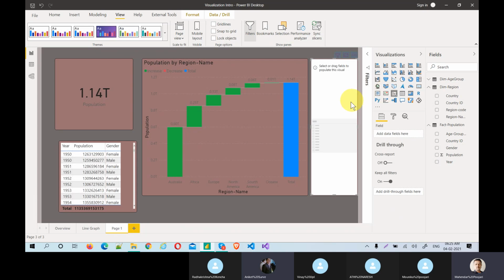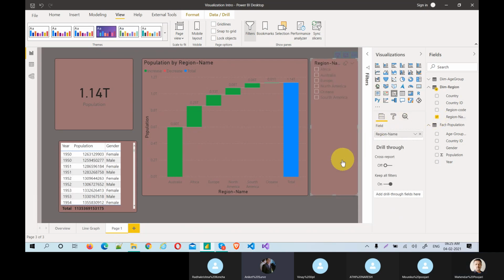One small thing, Mahendra, sorry to cut you here. Are we done with the DAX thing? No, I will cover DAX later, because I don't want to confuse the others. I know, Ankit, you are coming from a real-time background and already worked with DAX and other reporting tools previously.